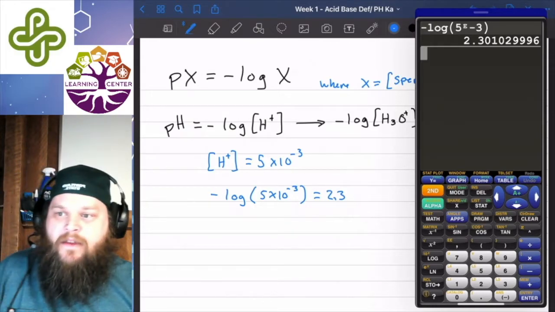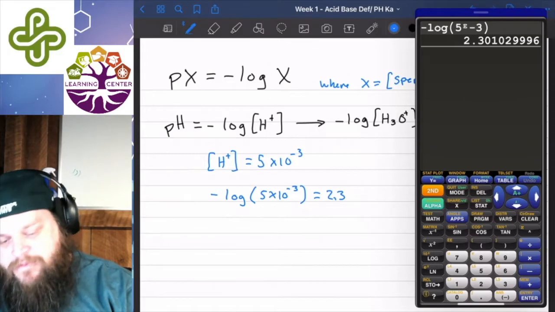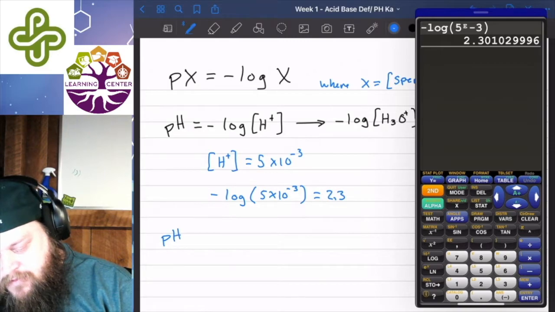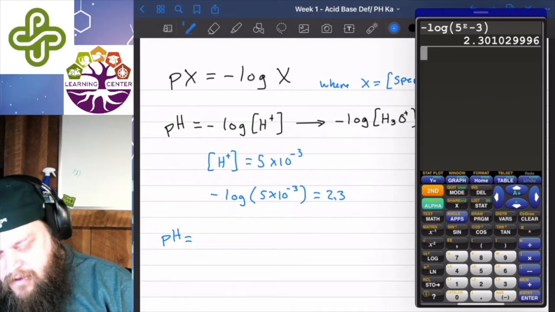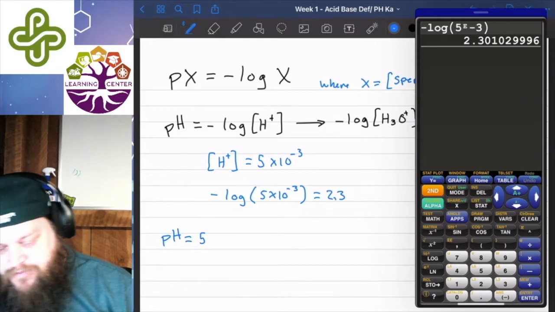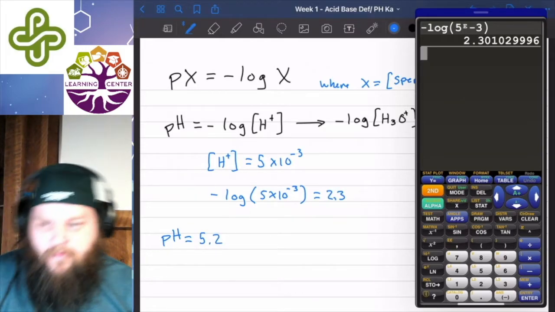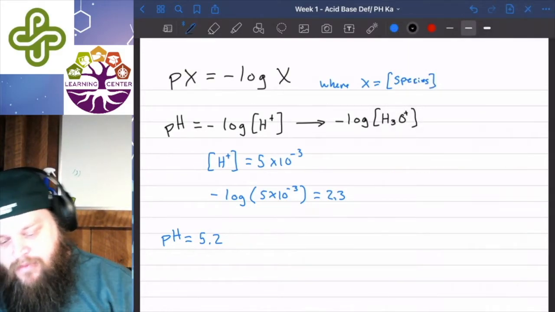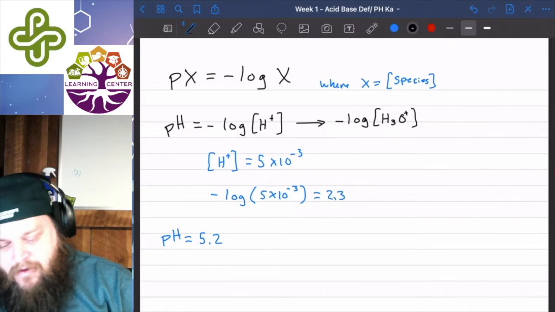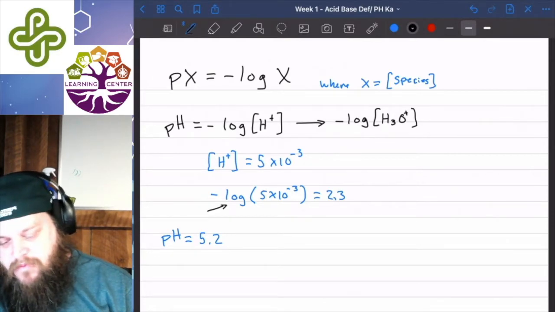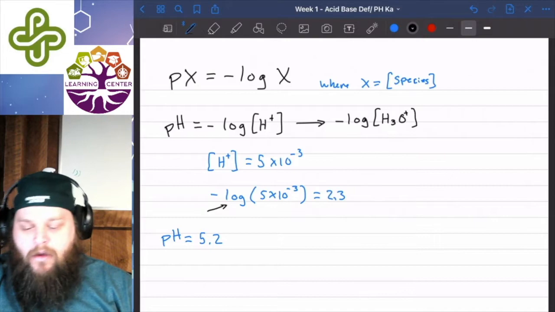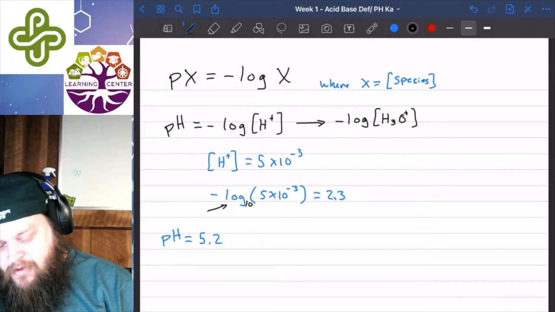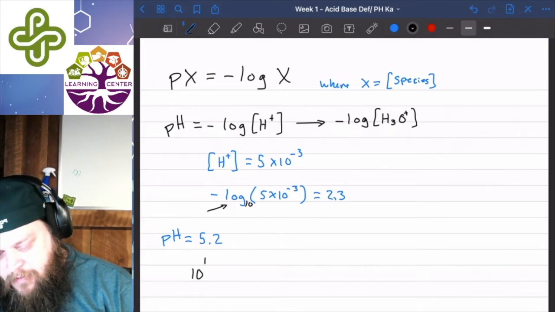So that's kind of the simple way to calculate things. If you know the pH of something, so if we were to say we have a pH equal to, say, 5.2, just making up numbers here, we can calculate that in a similar way, kind of in the reverse. To do this in the reverse, we do what we call the anti-log, which is really log base 10. You might see 10 in there sometimes. So if we take 10 to the power,